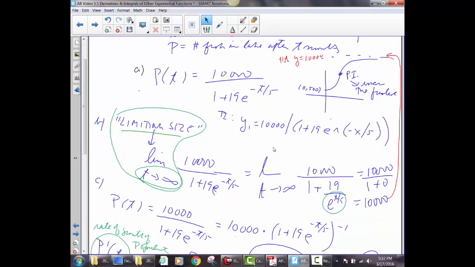Okay, so the limiting size, so here's the graph on your calculator, by the way. The limiting size is as t goes to infinity. So you've got to figure that this e to the negative t over 5, you could rewrite as 1 over e to the t over 5. If I replace t by infinity, infinity over 5 is infinity, e to the infinity is infinity. Think of the graph of y equals e to the x, right? And then 19 over infinity would give 0. So that's 1 plus 0, and you have a 10,000 on top. It means that your horizontal asymptote, basically, the limit as t approaches infinity,